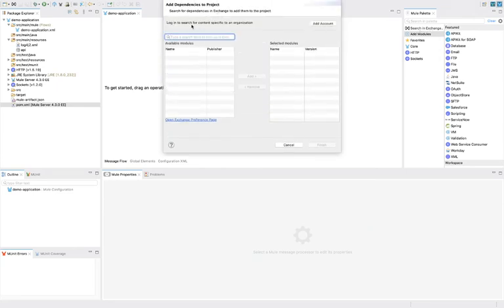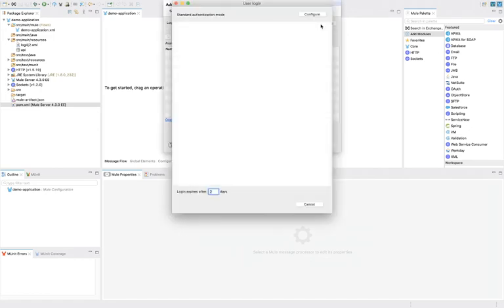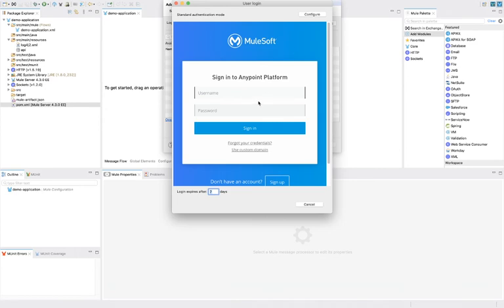Whatever account you created for this Anypoint platform, log in with that account. So here you will click on add account. Now I will give my username and password.